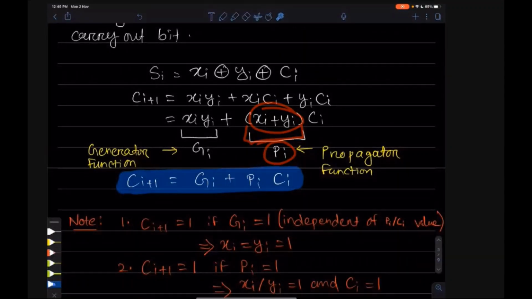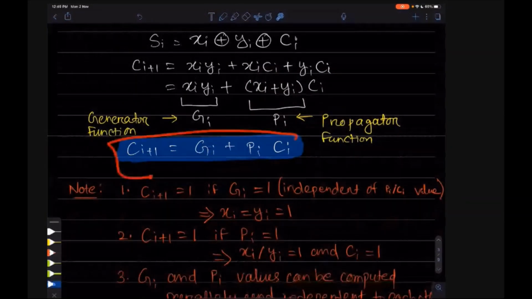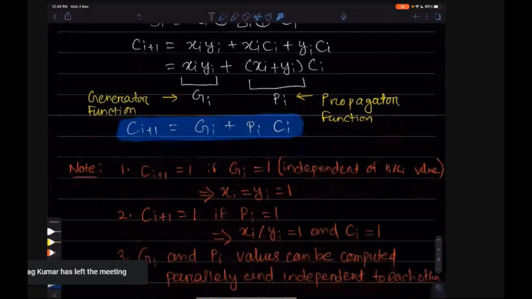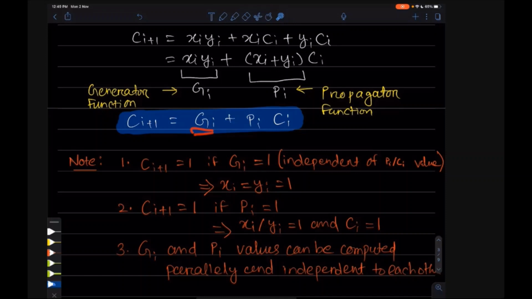Just two names, don't worry about it. So this is the final formula for ci plus 1: ci plus 1 is equal to gi plus pi ci. gi is the generator function, pi is the propagator function.